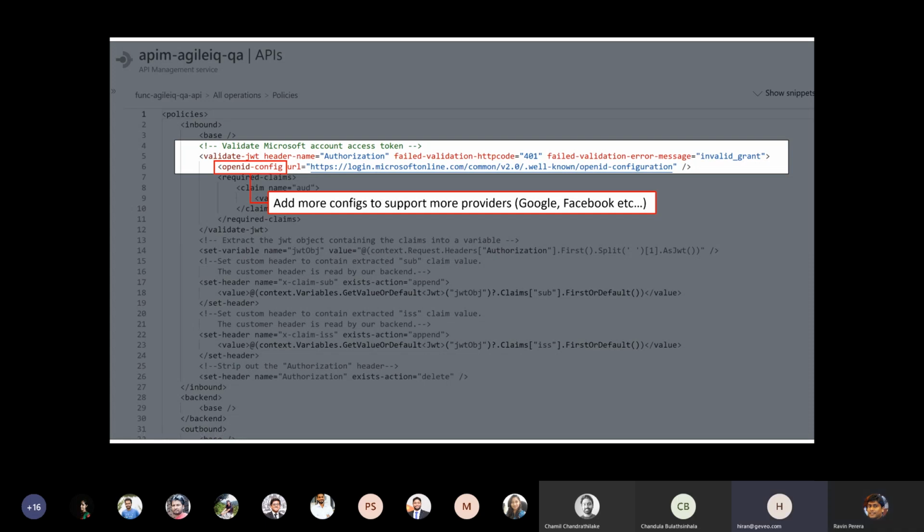Ravin, first question. Now here, how does the API management validate the token? Let's say a client can say that this is a valid token. So what you configured here as a policy, inbound policy, is this kind of XML configuration. But is there any shared key, like for the Microsoft account that you are validating against? How do you know whether this is a valid token from the API management perspective?